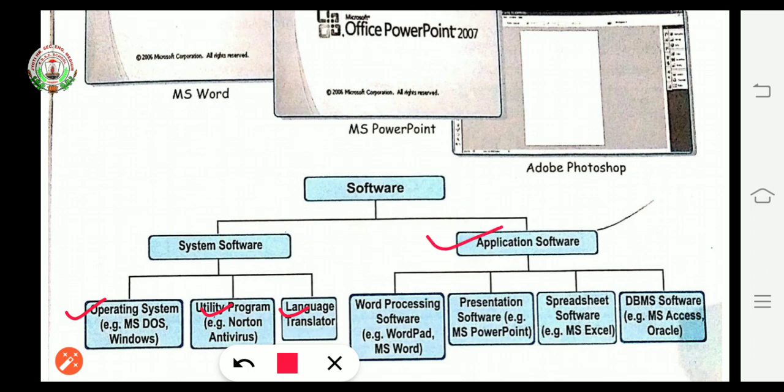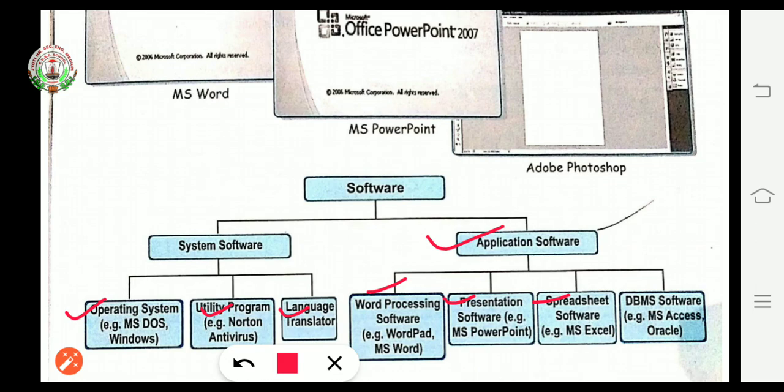Now see application software. First we have word processing software, which I have already explained. Then presentation software to make presentations, spreadsheet software, which I have already explained, and DBMS software, which stores and retrieves the user's data.